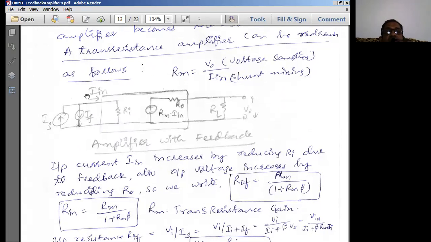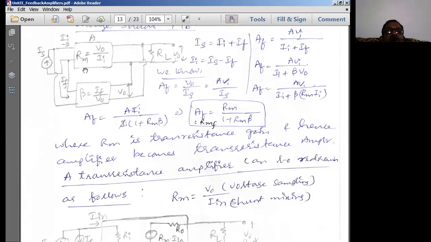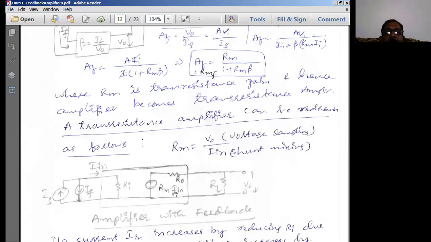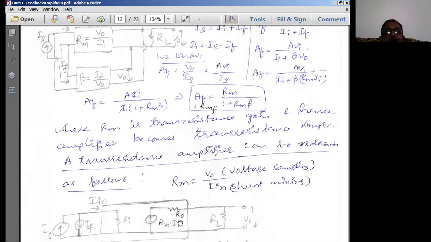See, this is the AC analysis part, purely because on the input side we should bother about the input side. Output side we have already seen. At the output side, I can replace the output circuit of the amplifier with a voltage source. Whenever I go with a voltage source, what is the voltage? Resistance into current is the voltage. So I am replacing the output side as a voltage source of Rm into Ii and R naught.